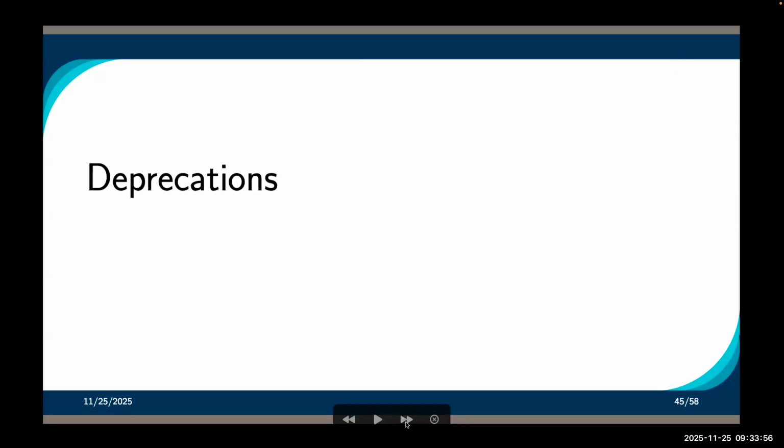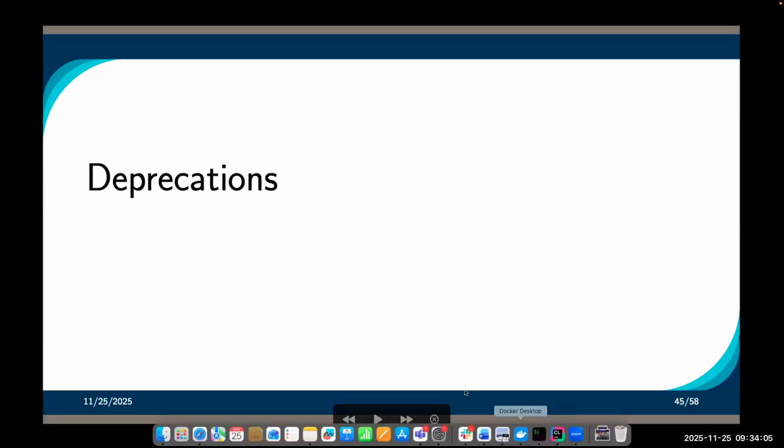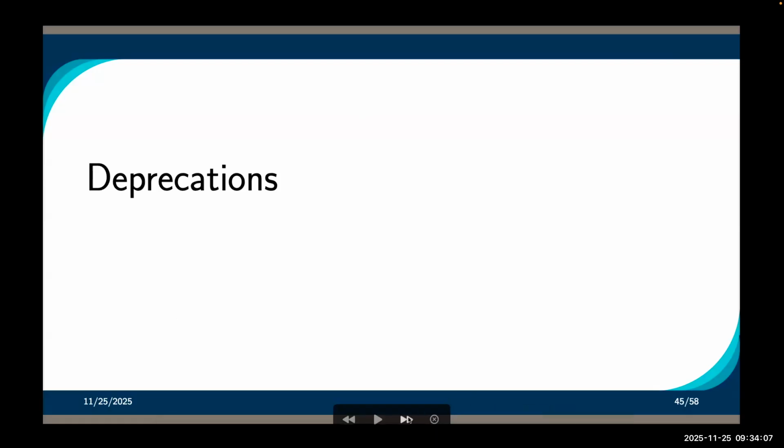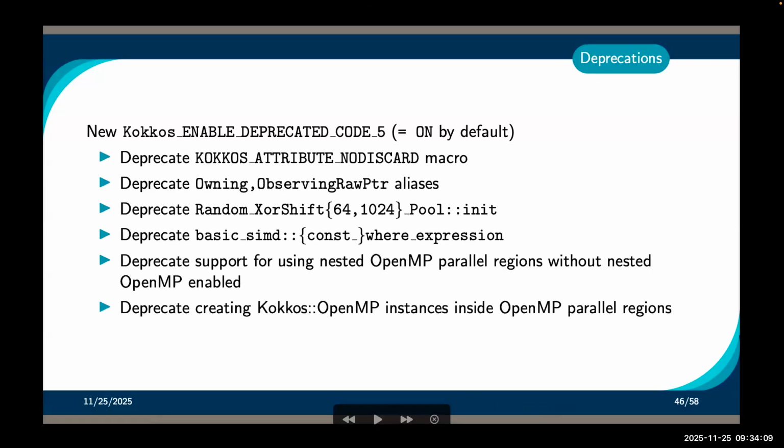All right, next is going to be deprecations. Chris, the floor is yours. Yeah. So Yeah, let's go. You go. okay. So first off, as previously mentioned, we added the CMake option for enabling deprecated code 5, which